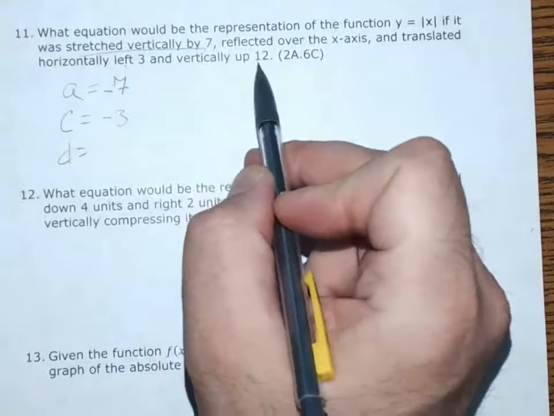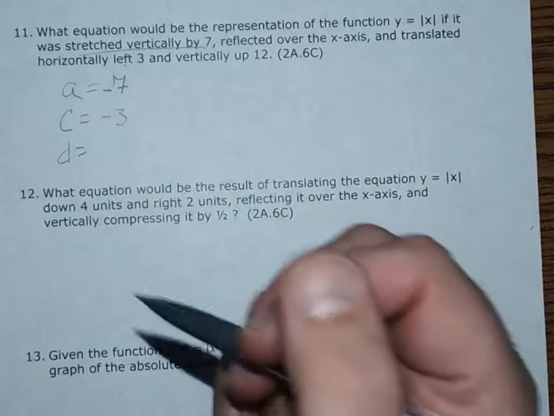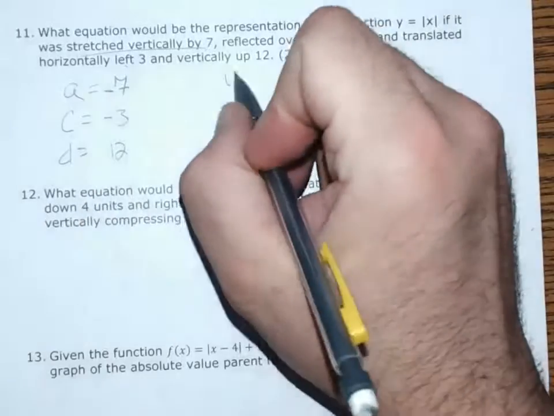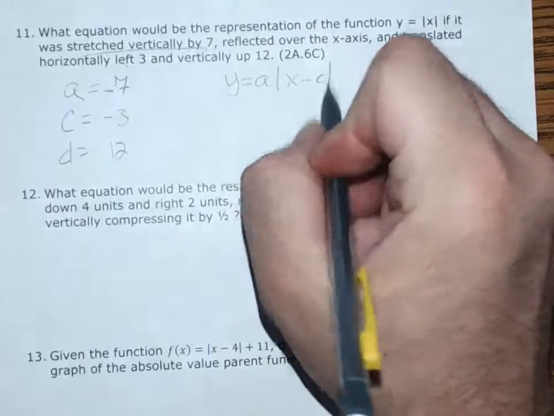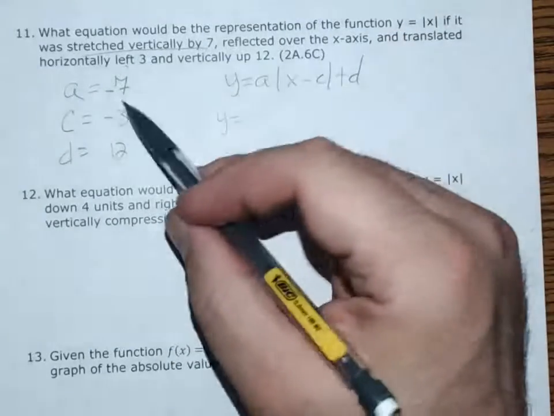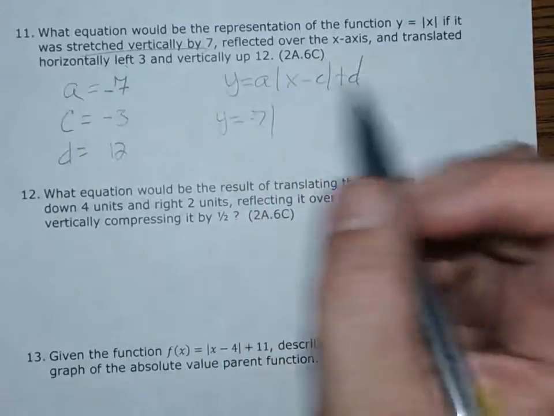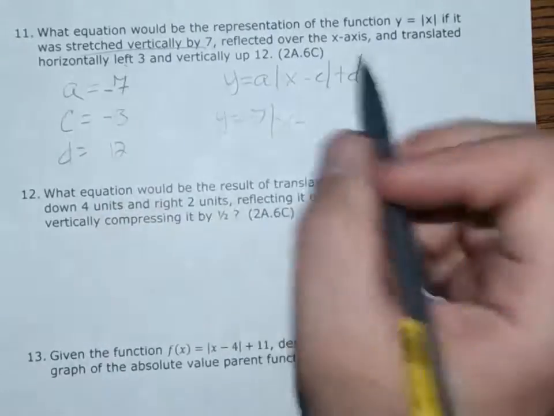And then vertically up 12. D controls up and down. Up would be a positive move, so I'm going to put positive 12. And then what I'm going to do is write out my equation. y equals A times the absolute value of x minus C plus D. And I'm just going to substitute in here. So my A value is negative 7. So I got y equals negative 7 times the absolute value of x minus, and then my C value is negative 3